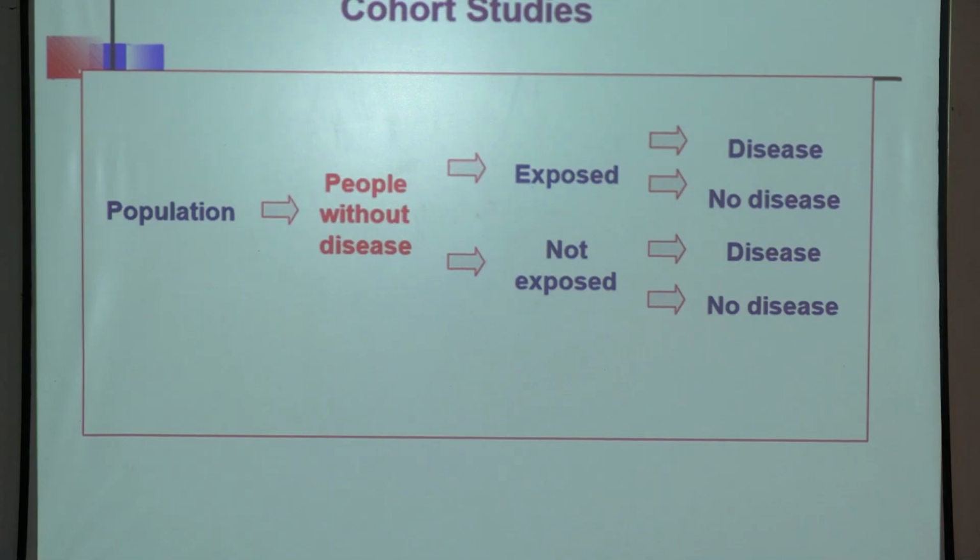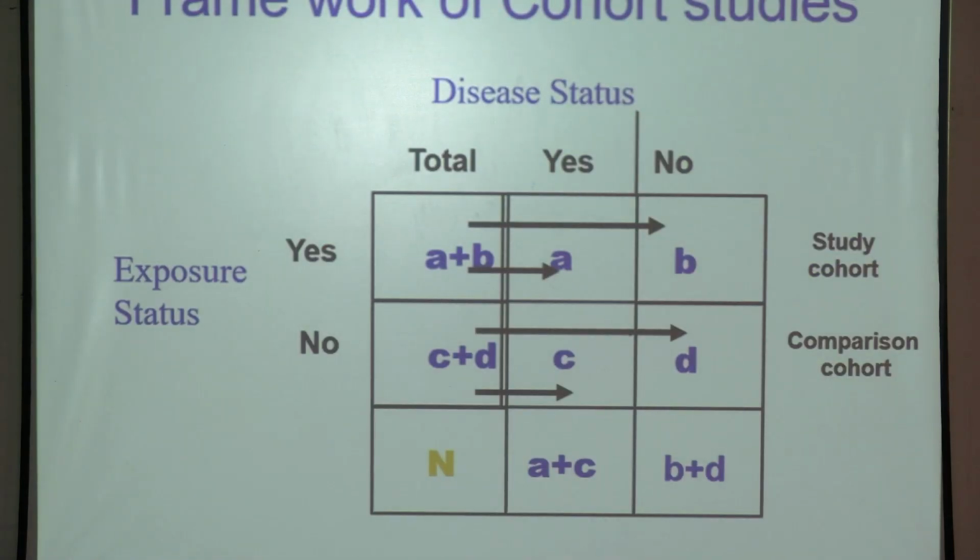You're looking at a population, none of them have the disease, but you're following them up because there's a risk factor. Some of them are exposed to the risk factor, some of them not exposed. Some of them exposed to the risk factor get the disease. Some of them not exposed to the risk factor do not get the disease. And again, no disease for the other population. So once again, the same thing. Here, how many have the disease? So the exposure status in a cohort study is